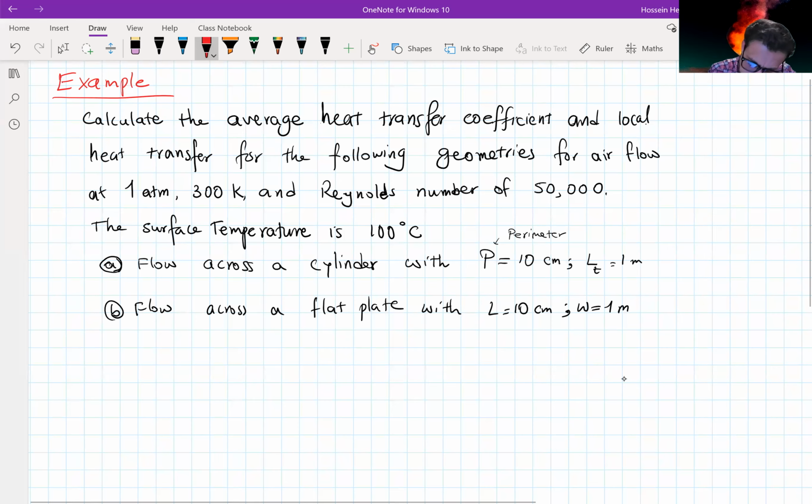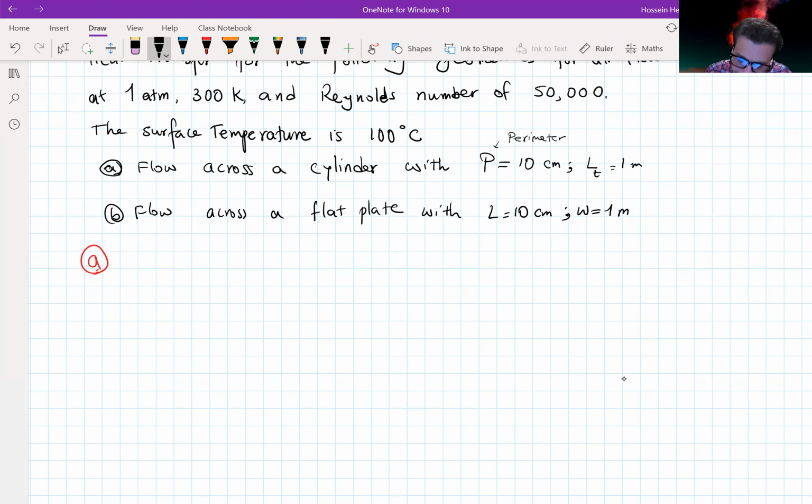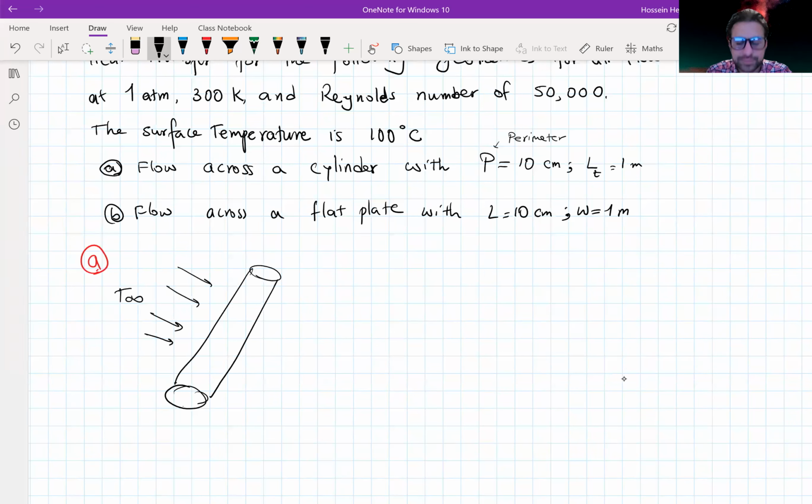So for case A, when we have flow across the cylinder, let's say this is the cylinder that we have, and flow with the T infinity just passing through that. Perimeter is 10 centimeter. The length of the cylinder is 1 meter here. And Ts we know is at 100 degrees C, constant at 100 degrees C, and the air is flowing at